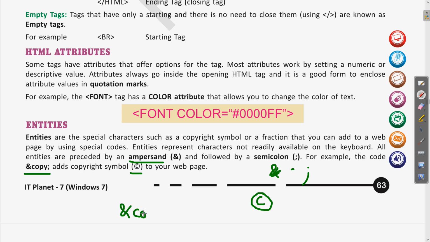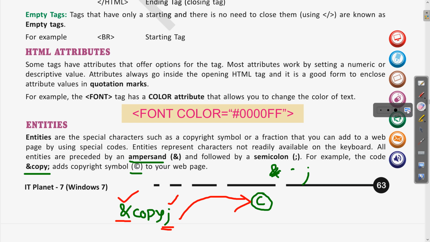By writing this copy, the browser will understand that this is an entity, as it is written between the ampersand and semicolon. Clear? It will be translated, or converted, and the copyright symbol will be displayed on the web page. Clear? Whatever entity we are writing is always written in between the ampersand and the semicolon. Clear?